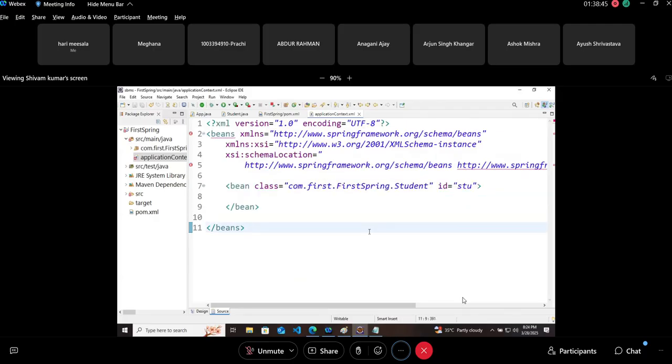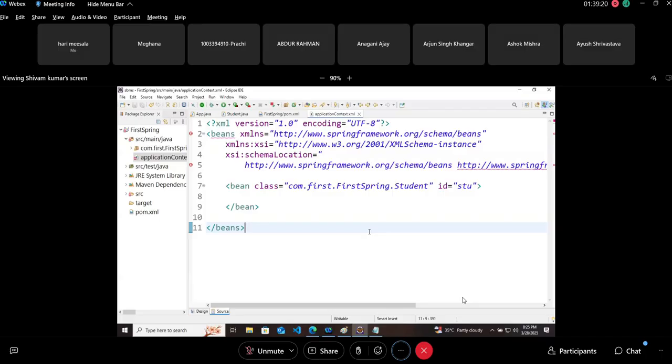Now, tomorrow, no class. Sunday, obviously, no class. So minimum 2 days and a maximum of 3 days you will get. Make sure that this part is done within these 3 days. In the meantime, if you get any error, I have already shared my details. You can reach out to me. If you are getting any error, I'll try to solve it if it's a genuine problem. But make sure that whether you are coming on Monday or Tuesday, whenever, this part is done. I don't have to explain this.